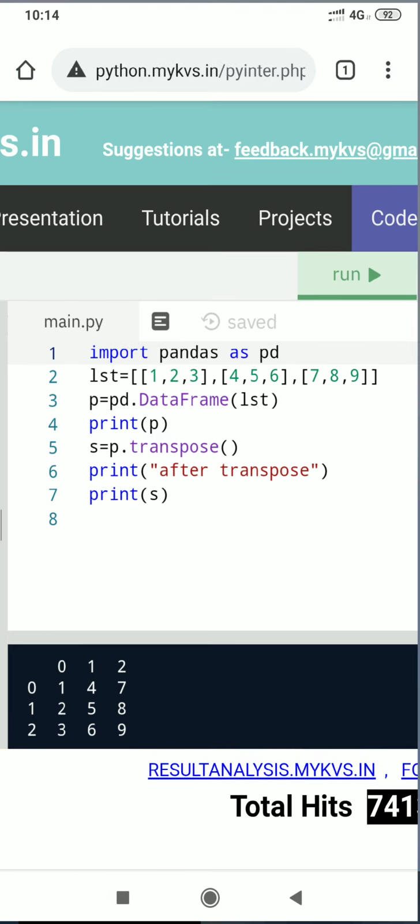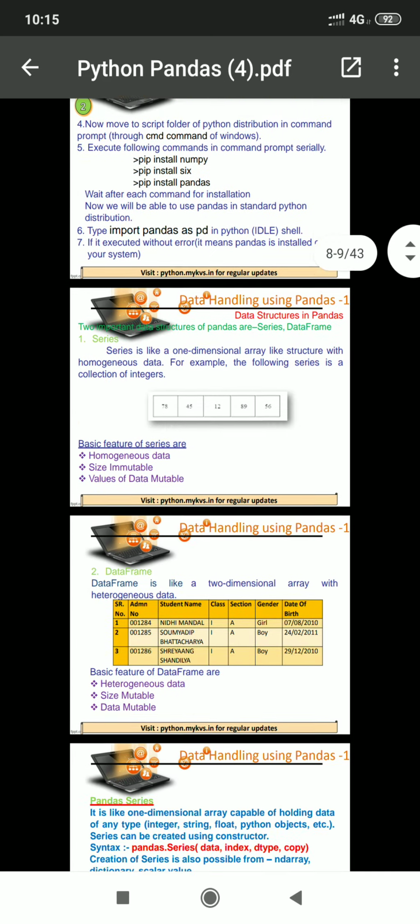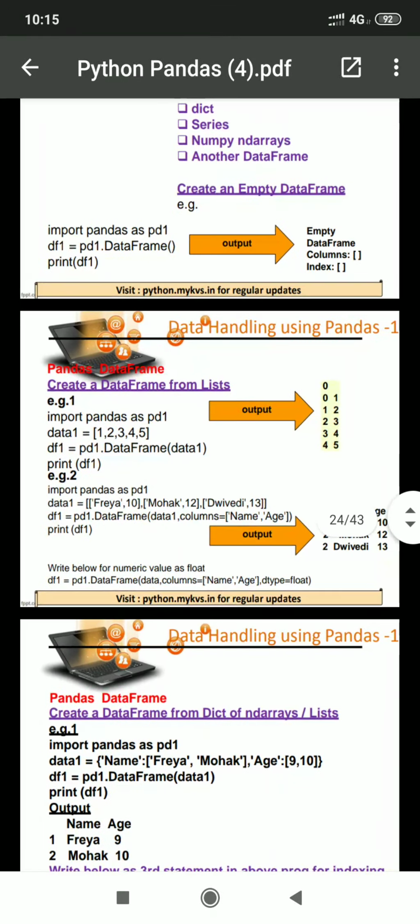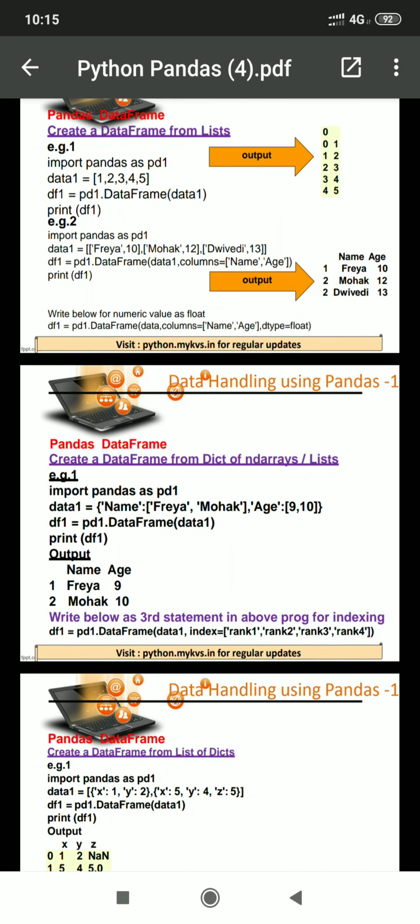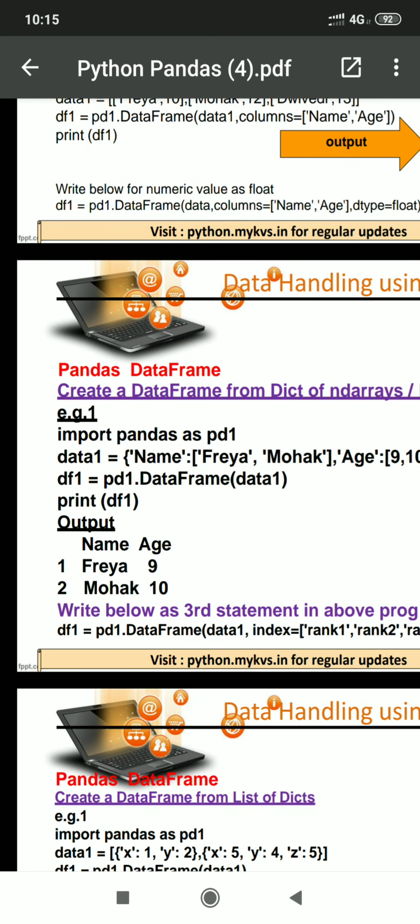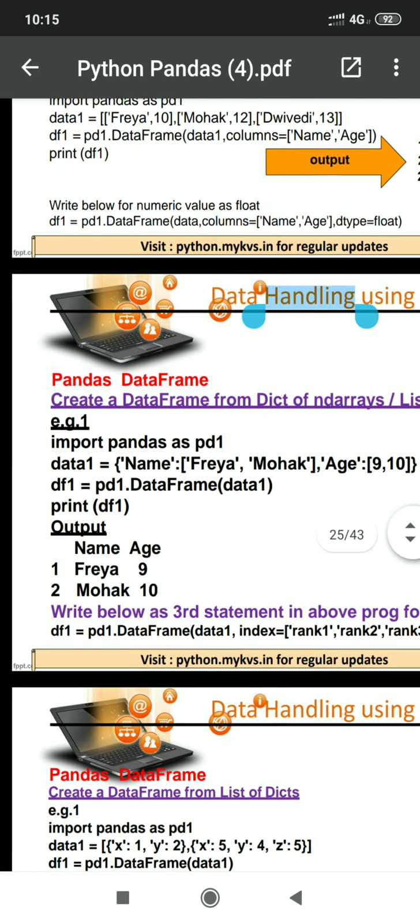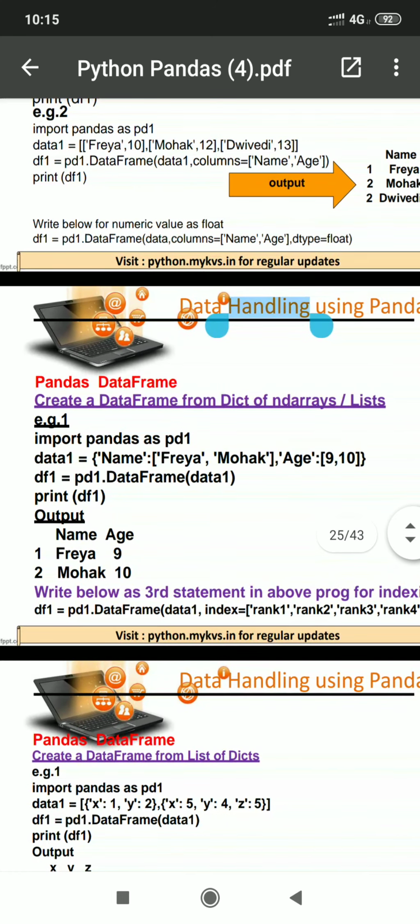Okay. Now students, we move towards the next topic. Our next topic is to create a data frame with the help of a dictionary. How can we create a data frame with the help of a dictionary? Here this one is the example of how to create a dictionary, and then with the help of the dictionary we can create a data frame. Example 1,